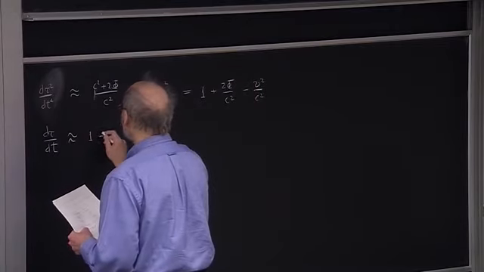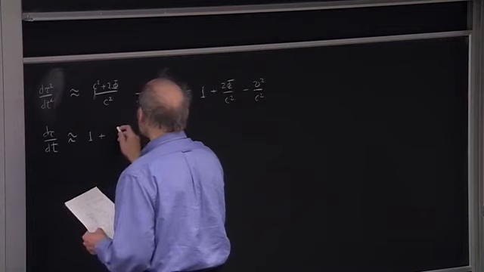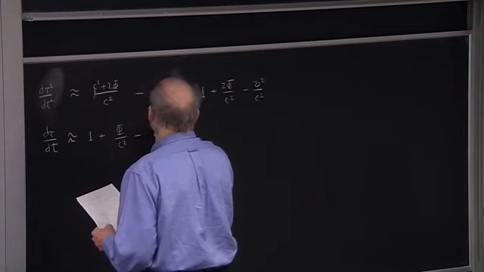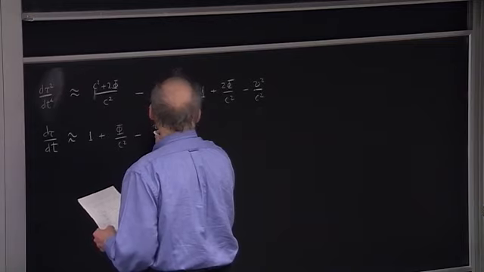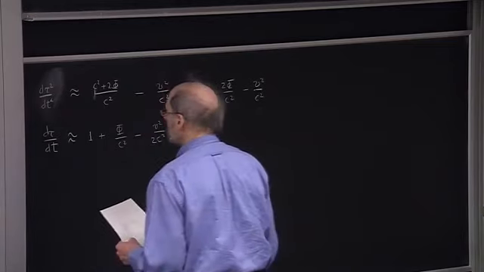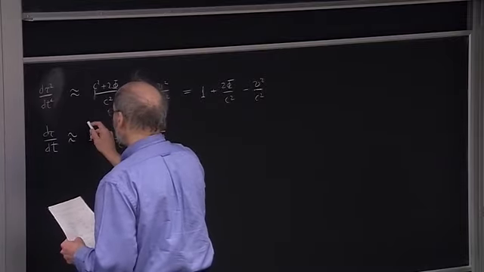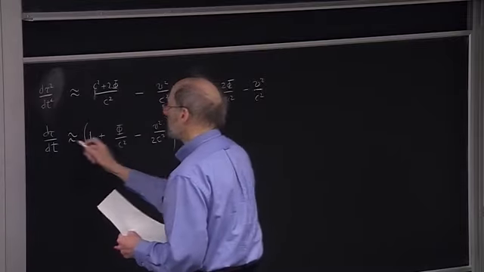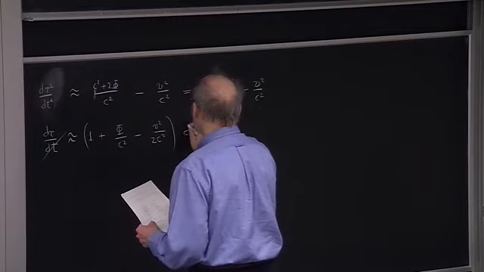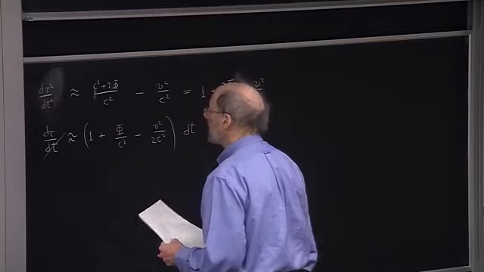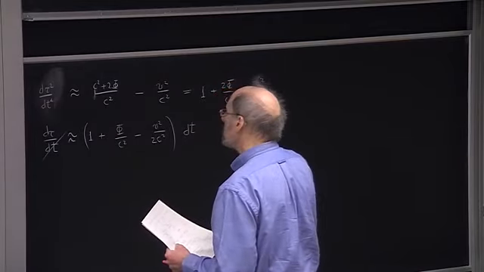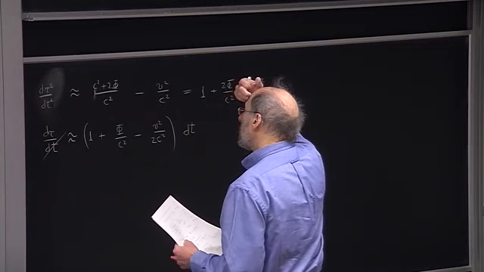So it's 1 plus half of this, which is phi over c squared, minus b squared over 2c squared. Or if I multiply through by dt, that gives us d tau. Then remember,